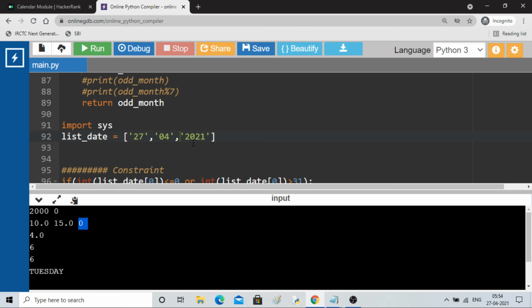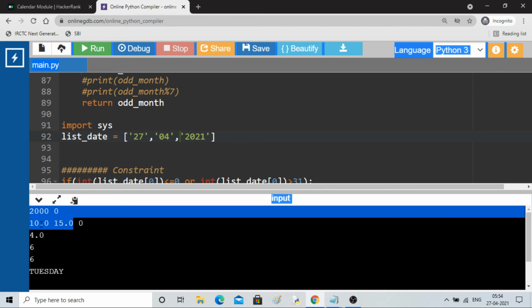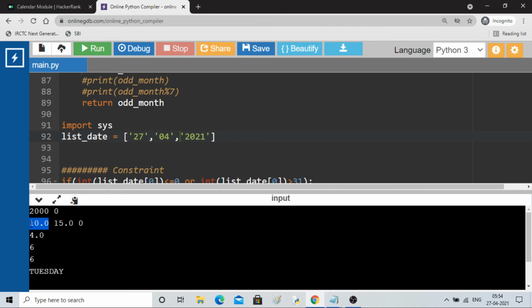You can see that 2000 is the closest year as well, so that is why this value is 0. This is the value of i actually. And here you can see, out of 21, 5 are leap years and 15 are normal years. So 20 plus 15 is 35. 35 divided by 7 is 0, right?